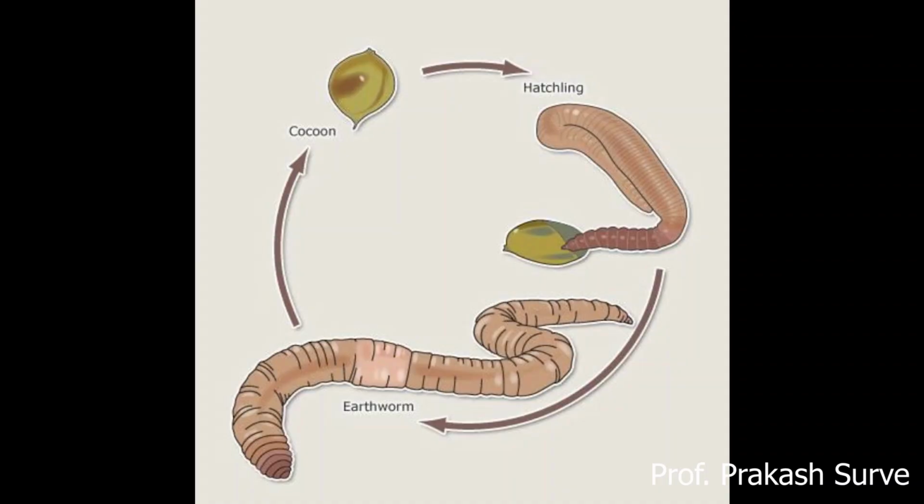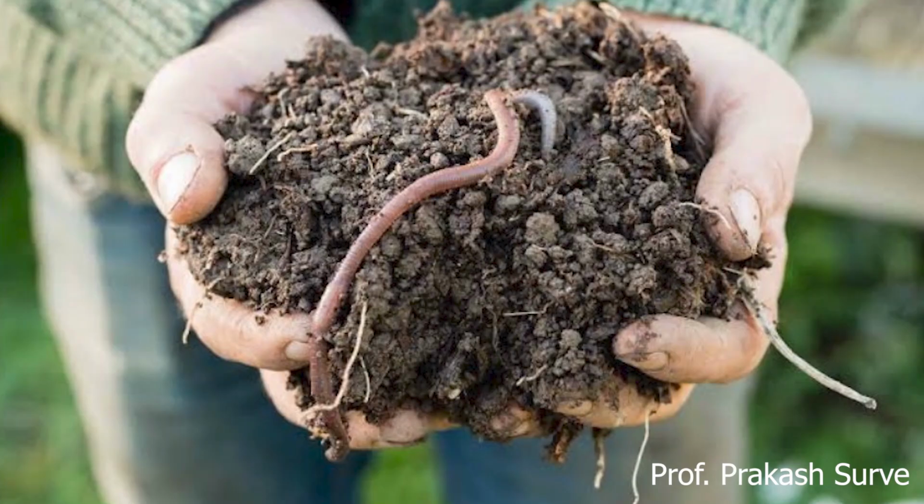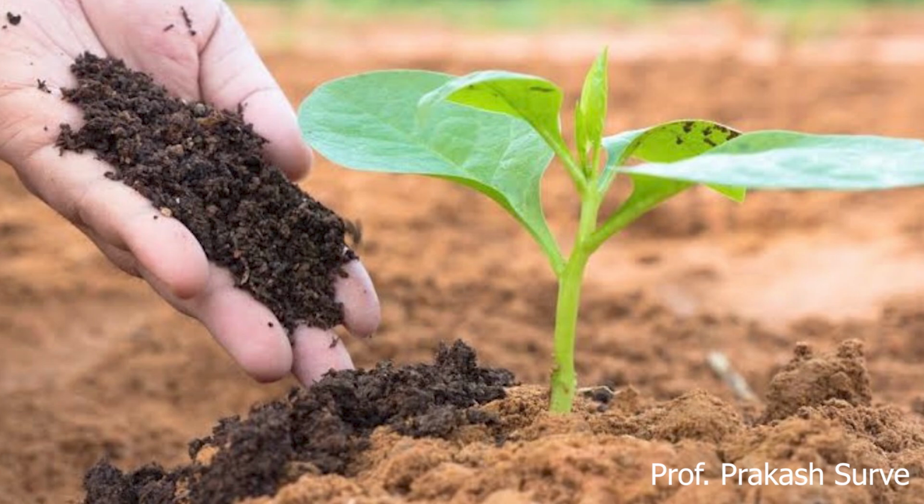So this is about the cocoon. Earthworms are called the friends of the farmer, as they burrow the soil and make the soil porous, which helps the plants with respiration of the roots, and it also increases the fertility of the soil, which we have discussed. The excreta of the earthworm is called vermicompost, which is more nutritious for the plant. It gives more nourishment to the plant.